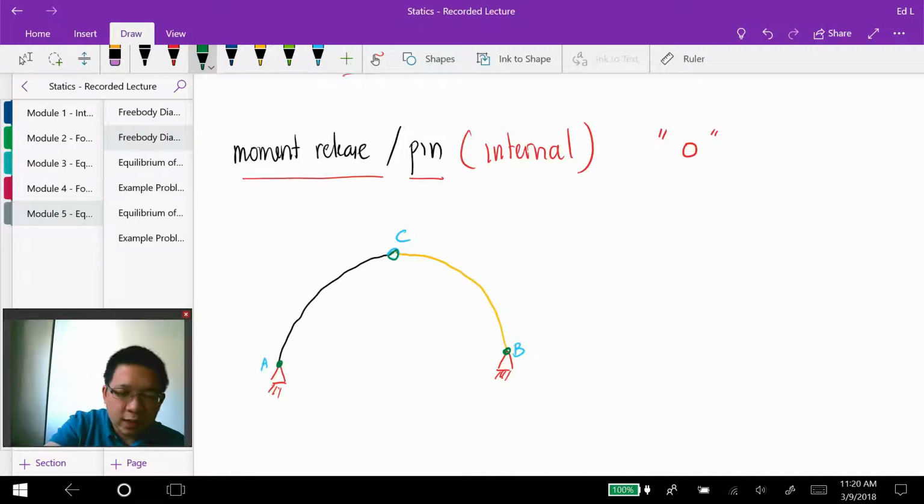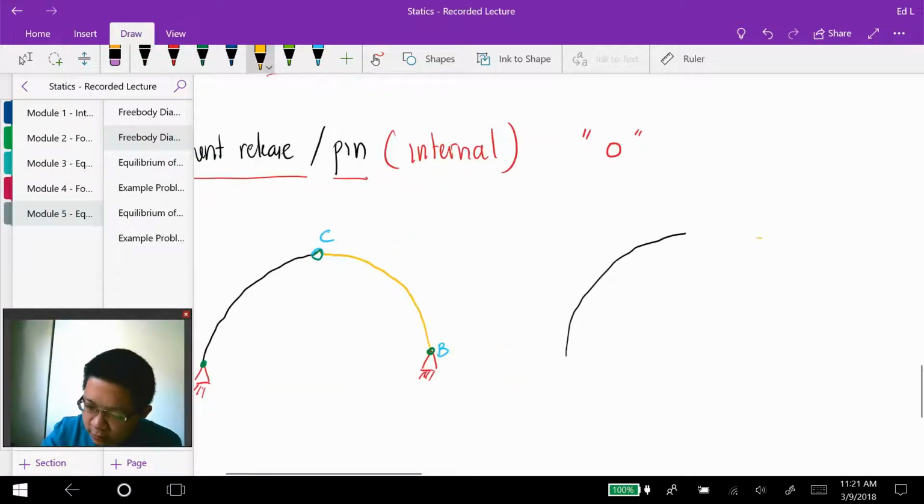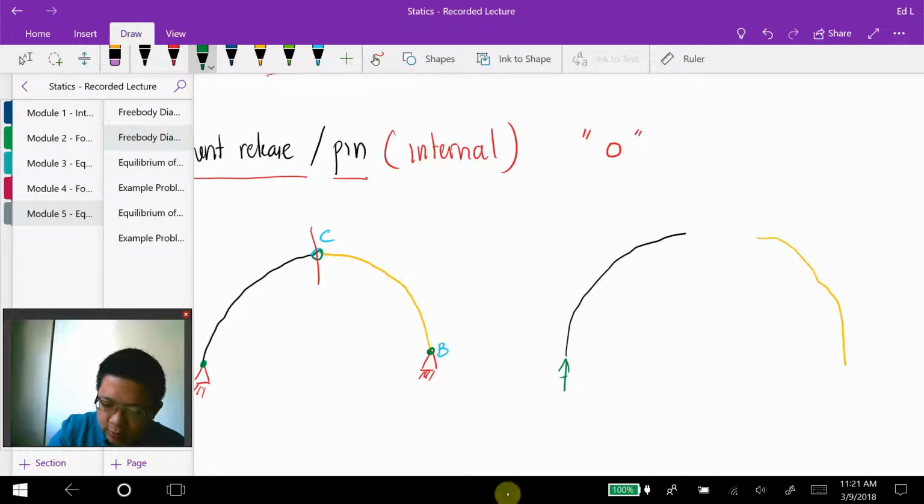When I draw the free body diagram of these two members, I will make a cut right at C over there. Then I draw the reaction forces AY, AX, and then BY,